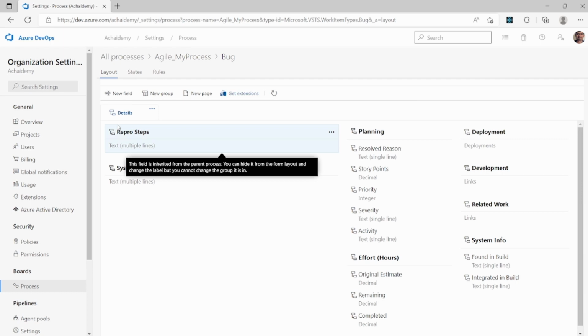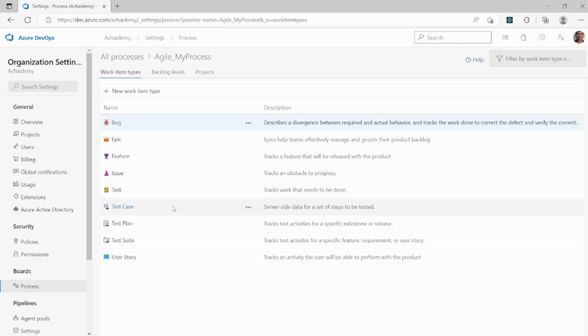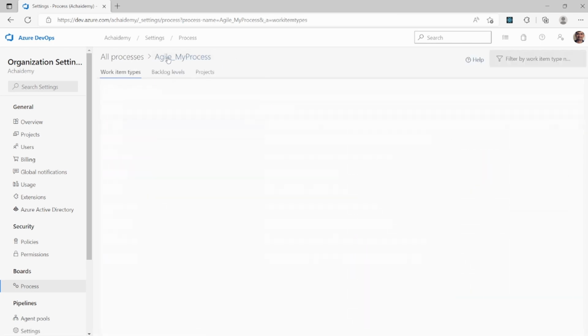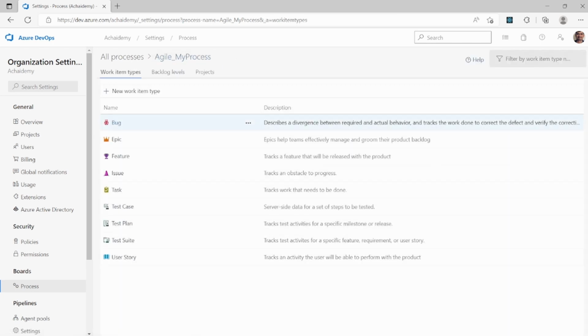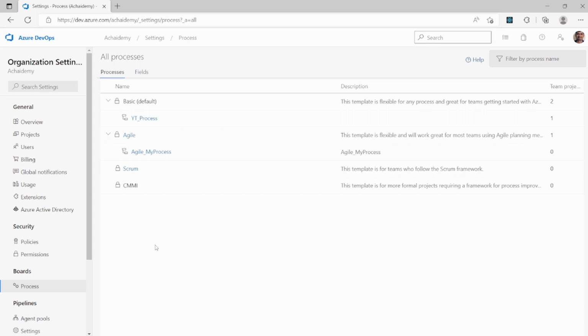So again, I will be doing a separate video focusing on each and every section. How do you create a work item? How do you customize the layout, states, rules, and details? But for you to get started with respect to Azure Boards and Process, the key thing for you to know is the process in Azure DevOps are